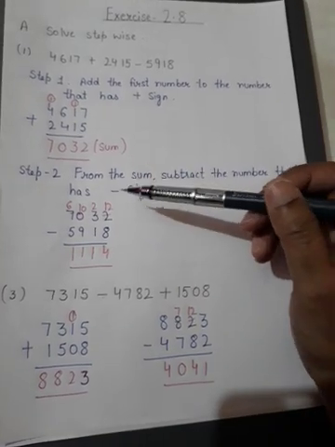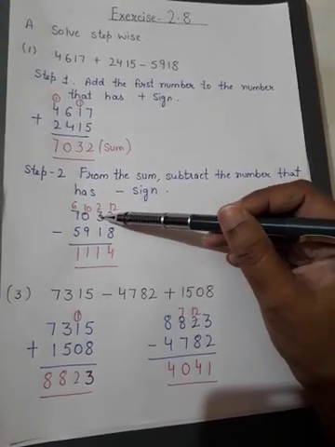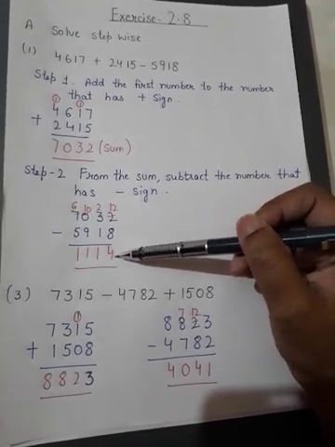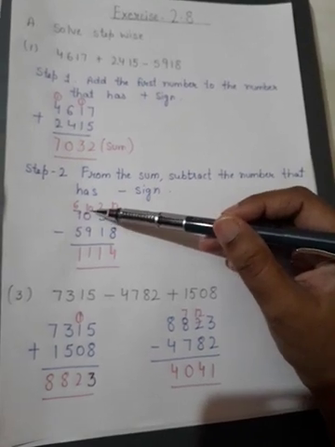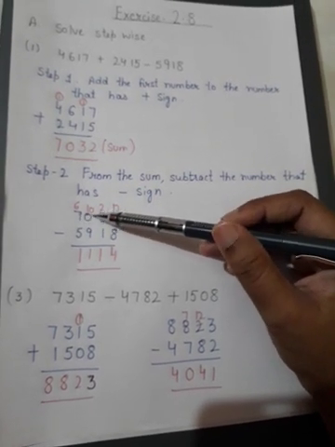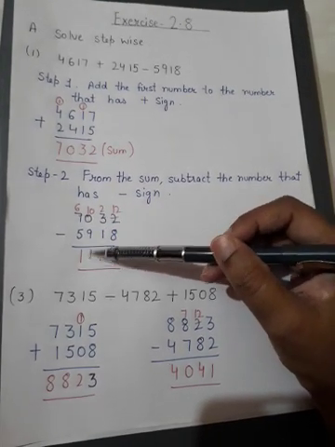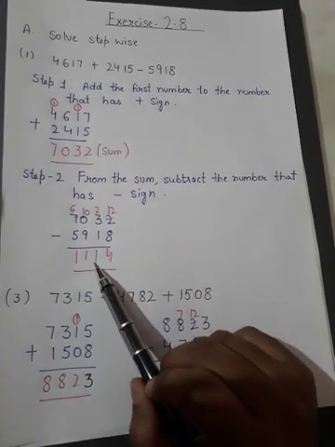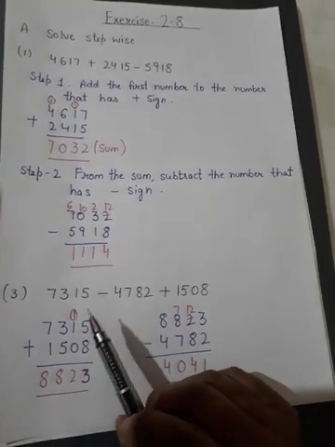Now start subtraction. This 2 cannot subtract 8, so it will take a borrow from where? This 3. So now this is 12 minus 8 is 4. Here 2 is left, so 2 minus 1 is 1. 0 here, 0 cannot subtract, so take a borrow from this 7. So this is 10 minus 9 is 1. So now here 6 minus 5 is 1. So the answer is 1114, right everyone?